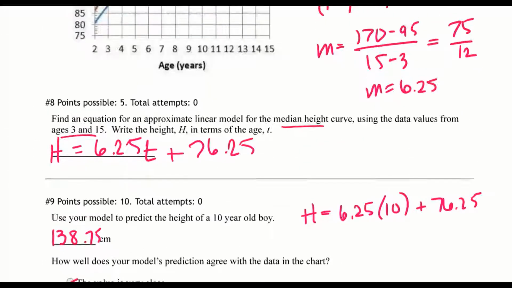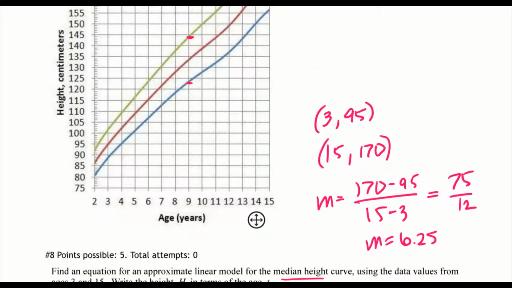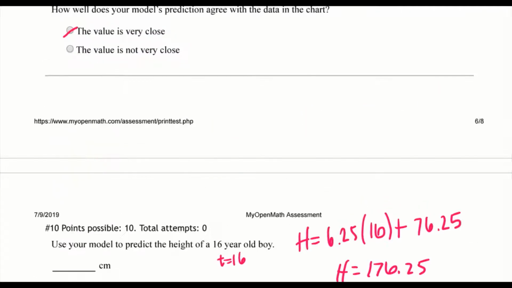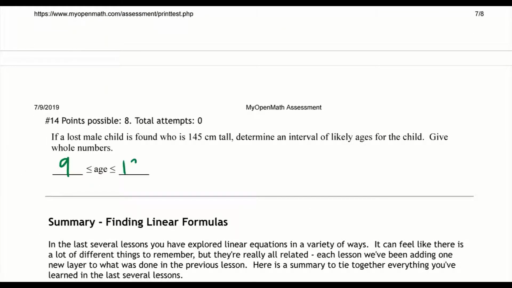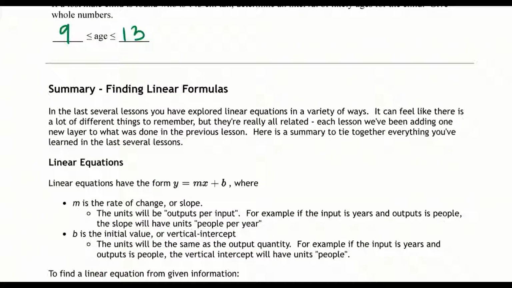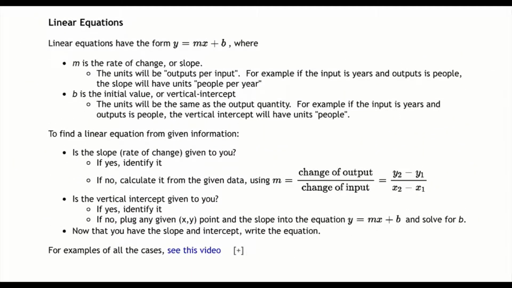And then if someone was lost and they measured the height, and we know they're 145, we can use this, the side to side, to figure out what age that boy is probably between. So it's probably between 9 and 13, since we're given whole numbers. So the key thing is